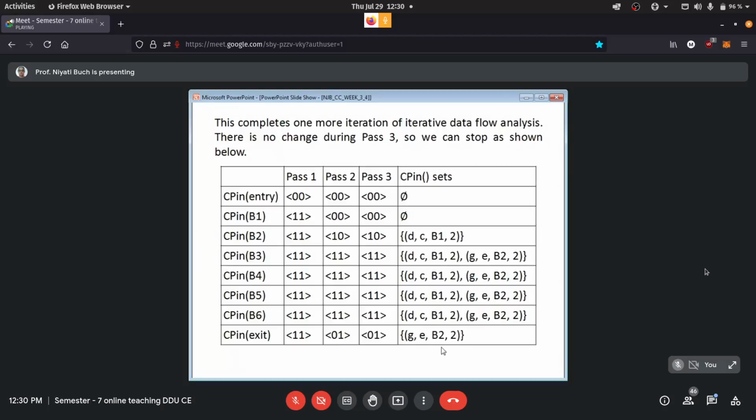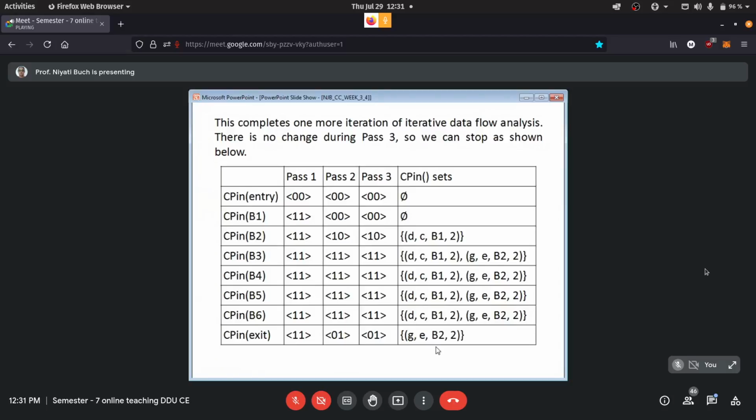And then for further reference, we are just using the set notation also, CP in the set notation. Once these sets or vectors are ready, we will use them to do the actual global copy propagation. Shall we see that?